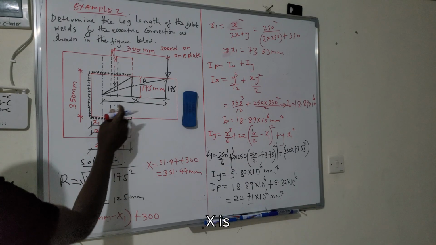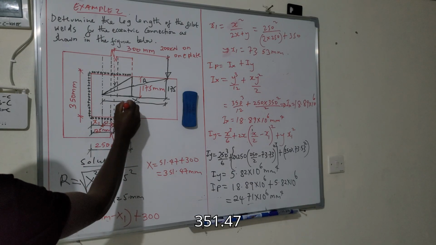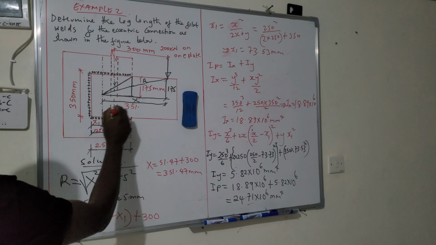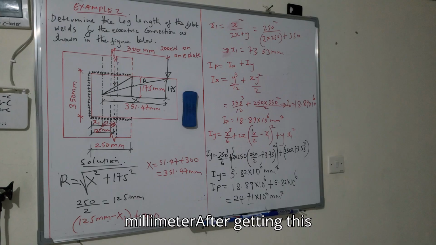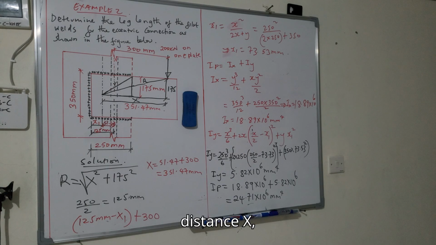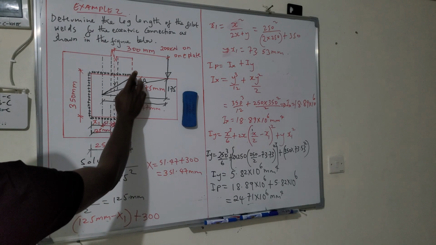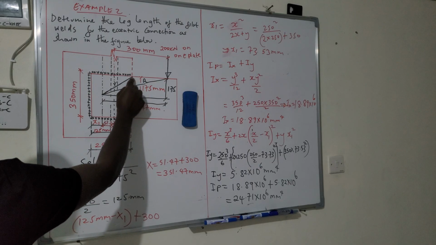So this distance x is 351.47 millimeter. After getting this distance x, what follows next is to calculate